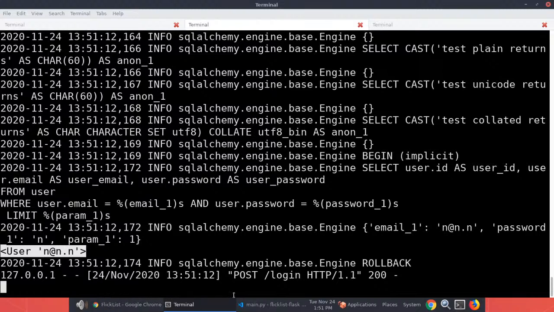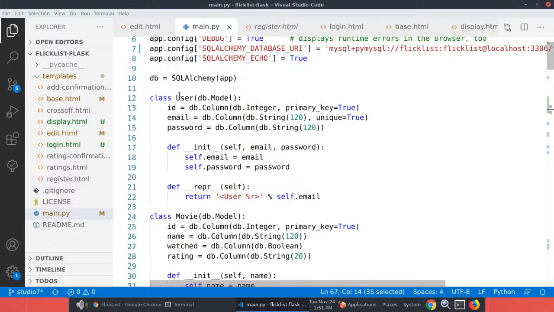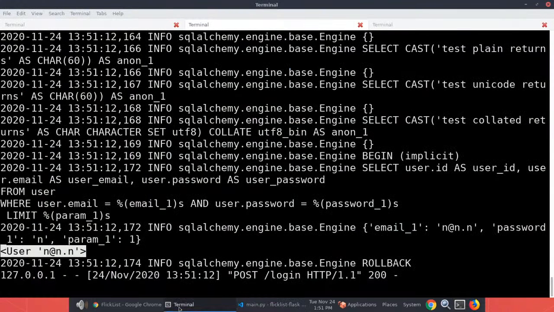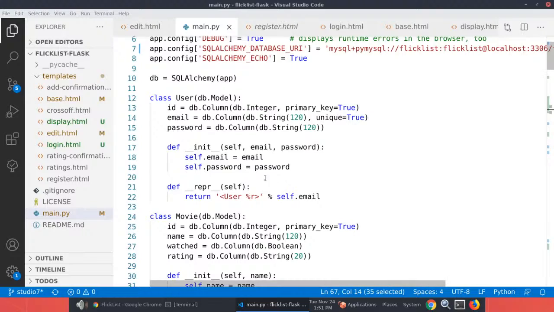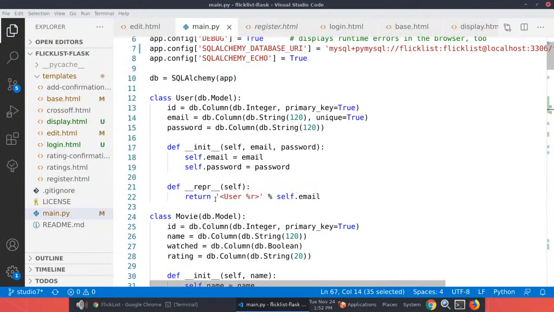Why is it showing that? We actually programmed it to do that. So in the user class, down here, this REPR, represent, this is what it prints out when you try to print the object. So we have it printing out its email. So let's see if we want it to print out, not sure what this operator is. Oh, I know what that is. We're printing out the name of the class here,